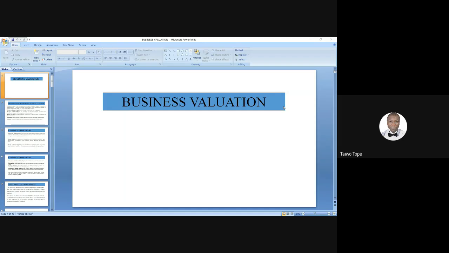So another point where business valuation can come in has to do with marital dissolution, divorce. Two parties who have come together as husband and wife can engage in a business, and due to unforeseen circumstances, certain issues can occur that will warrant separation. So in some countries, when a private business owner gets divorced, valuation may be required to divide the marital estate.